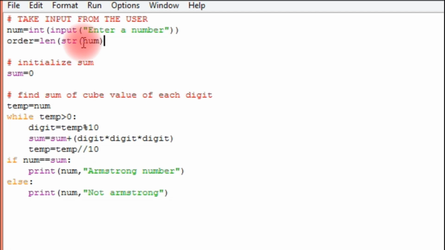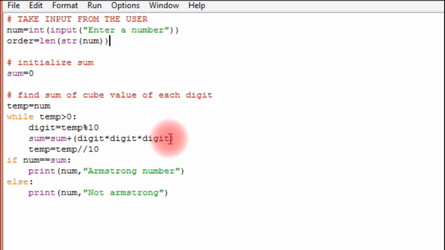Length is a built-in function which can be applied to the data type string. Since our data is an integer, we have used the typecasting or type conversion operator to find the length. Length is nothing but the number of digits we have. So finally we have order here.